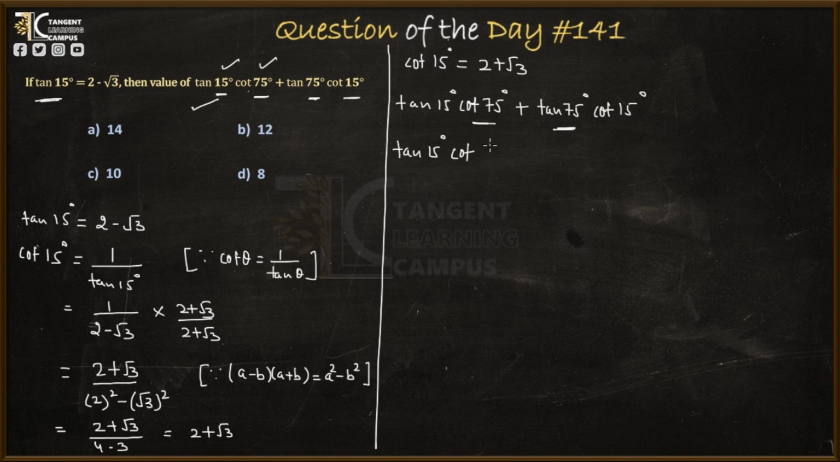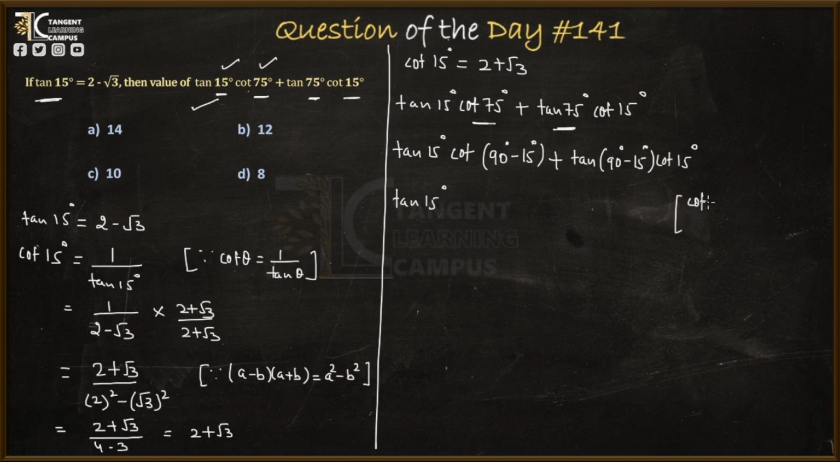So we can write down cot(90° − 15°), plus in the second part we also have tan 75°. Similarly, we can write tan(90° − 15°), and it is multiplied by cot 15°, right? Now what we can do, we can write tan 15° as it is, and we know that